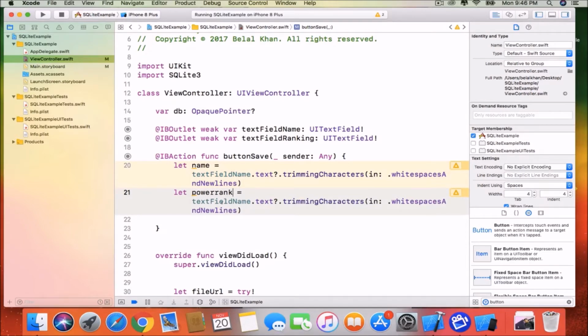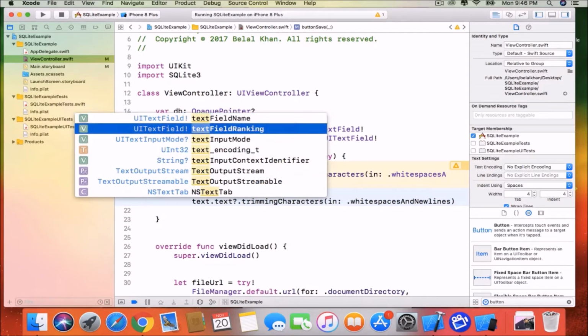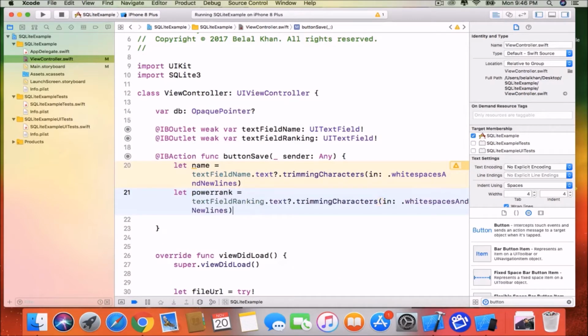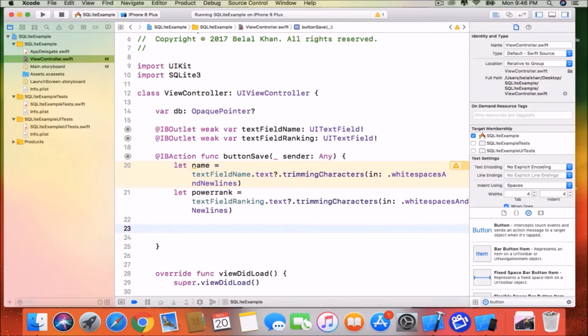And we have this power rank, and we will get it from the text field ranking. Okay, so we have the name, we have the power rank, and now we need to insert these values to our